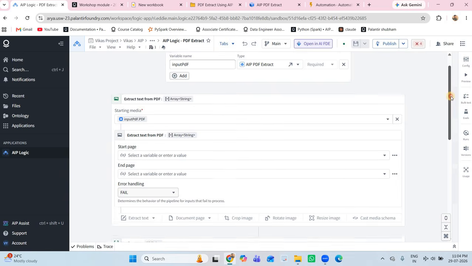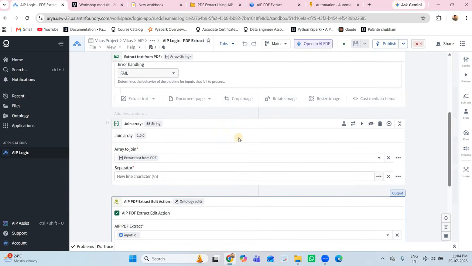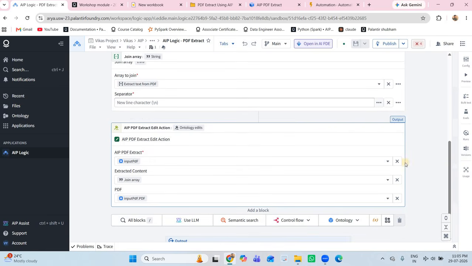Now after that we are taking our extracted text as an input, just because our extracted text is in an array. So I wanted to join all the arrays and convert them into string data values. Once that is done, we are going with the action type in AIP Logic.